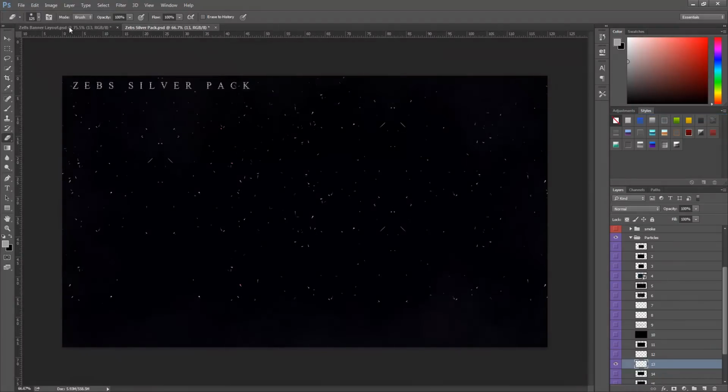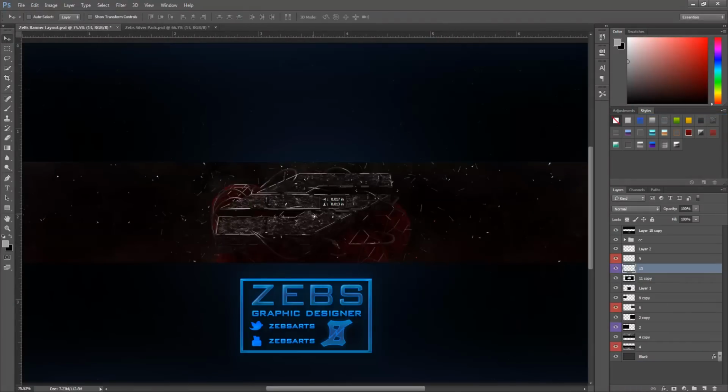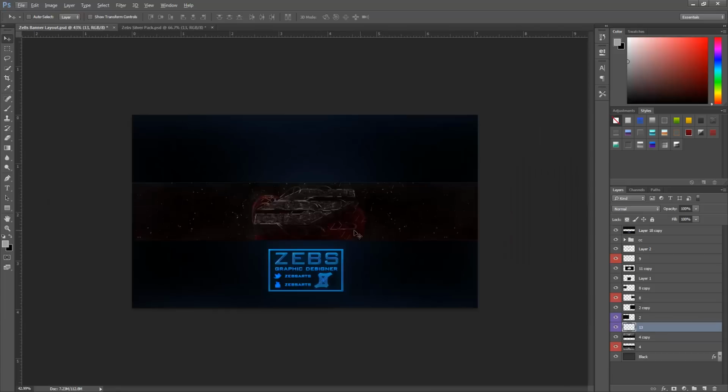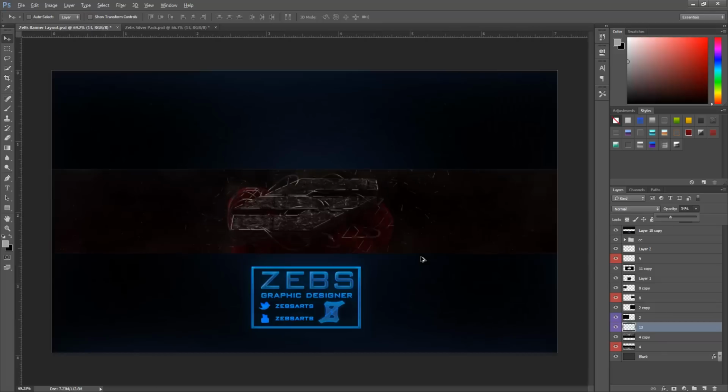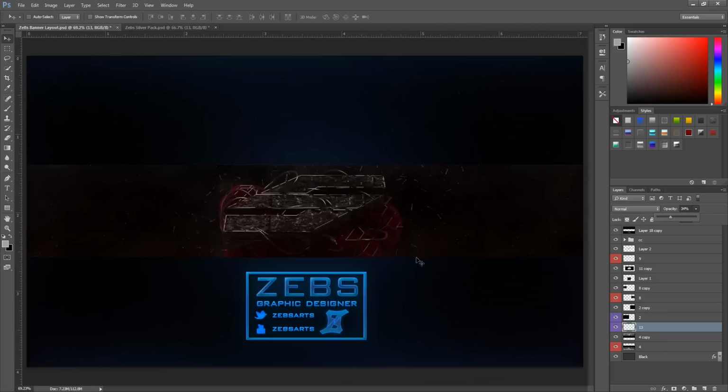Now this is a must for all your banners, is smoke and particles. Just kind of like a routine, you could say, for when making banners. Of course they're overused, but it's just kind of there, like it's a must. They're very important. So once you've done that, what we're going to do